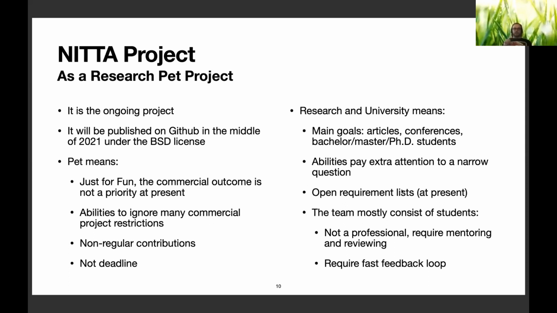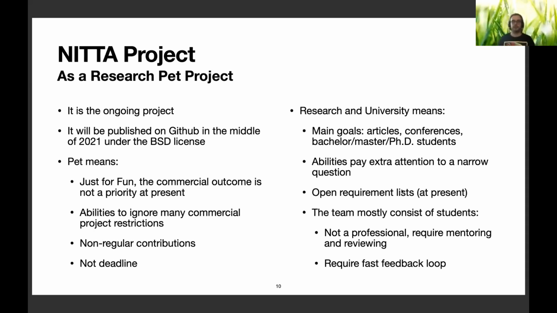The next property is that we can pay extra attention to narrow questions of our system, for example, the verification problem. When we need to develop a specific system, we can make a fast solution for some technical problems. But here we can focus on the problem and find the general solution for it, because it may not be necessary for the system as a project, as a product, but very necessary to write a PhD thesis or master